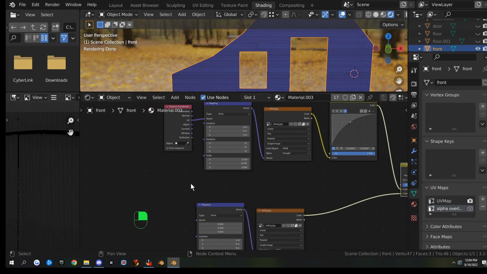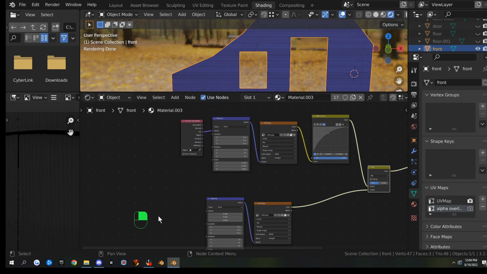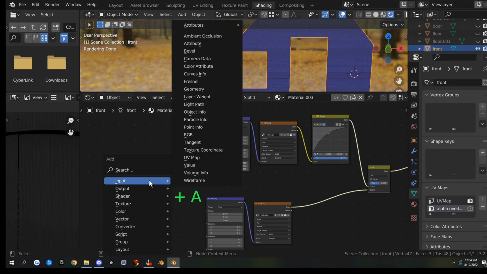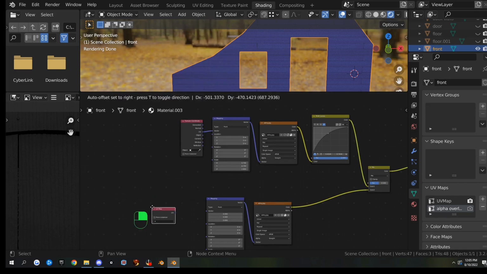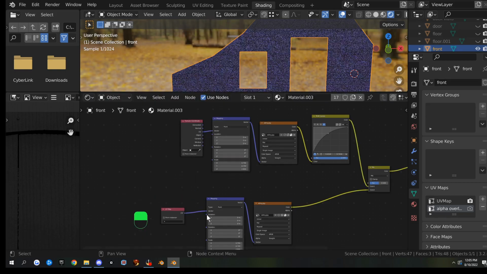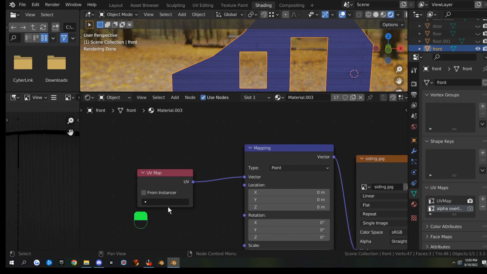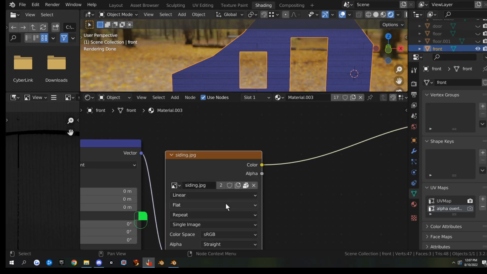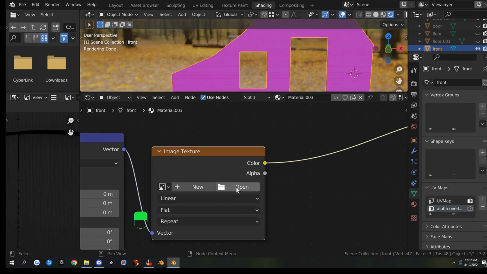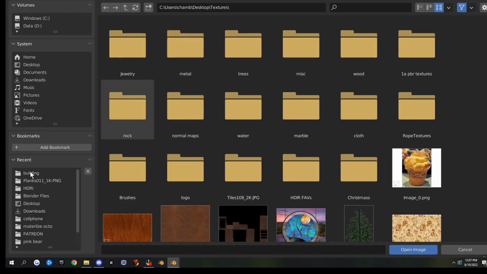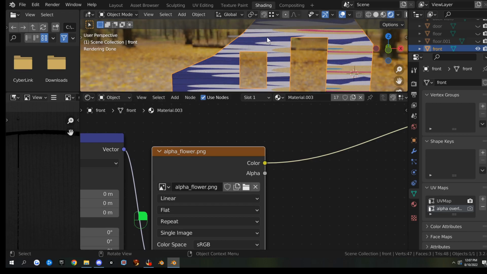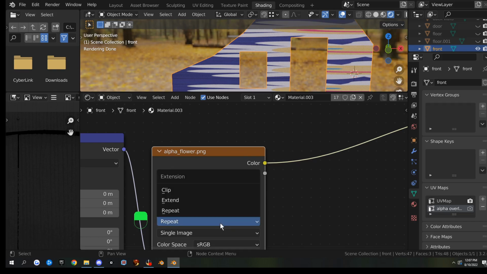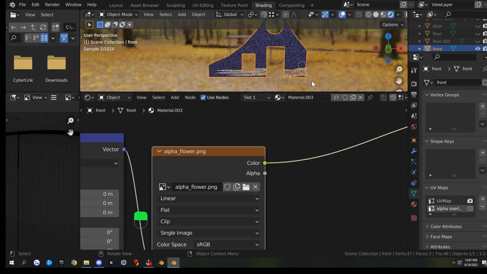We also need a UV map node over here, so we're going to hit Shift A, input UV map, and we're going to plug that into the vector of the mapping node, and we're going to change this little drop down to alpha overlay. Next thing we need to do is actually get our image on here that Celestine made for us, so we're going to kill that and click open, and we'll go over here to building and get our flower. There it is. It looks crazy. It's repeated all over the place, and that's because it's on repeat. So if we hit the little repeat and go to clip, now we just got one flower,